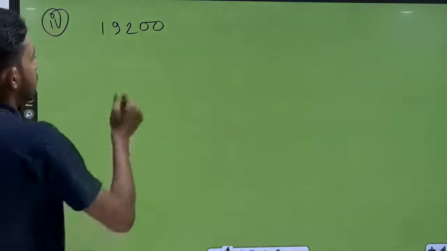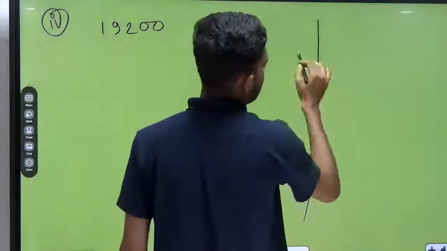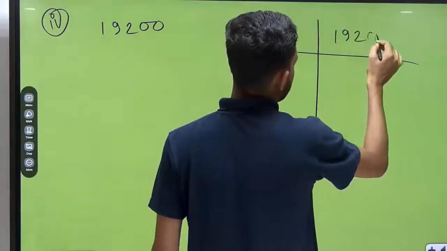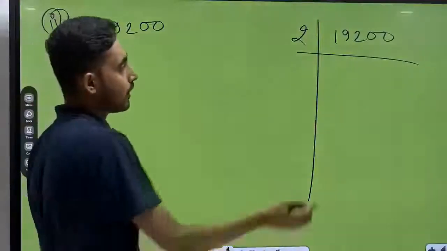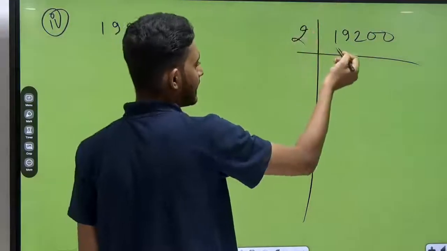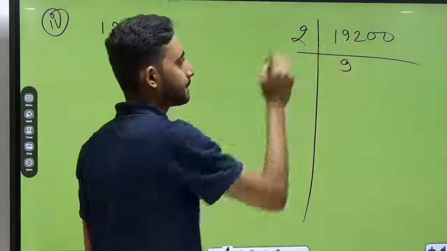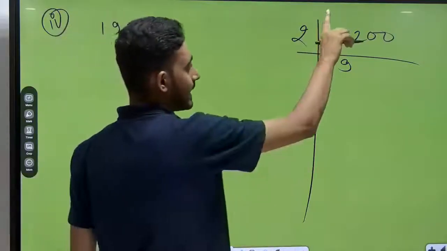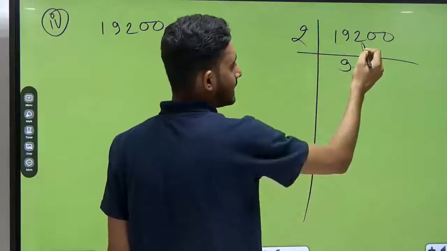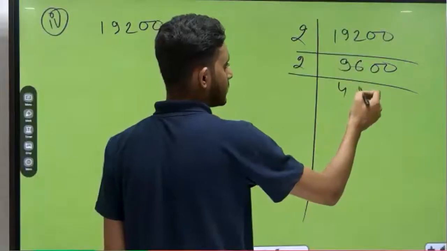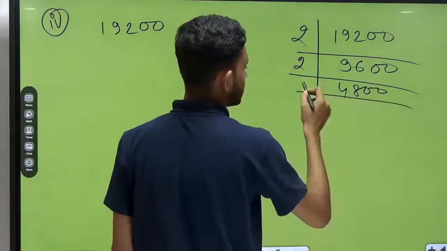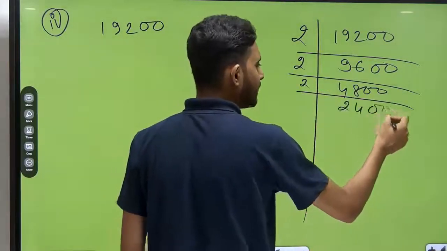Okay. So 19200. First of all, 19200, write down here. This is divisible by 2, obviously. Correct? Now 19200 divided by 2, that is, we can say 2 9 ja 18, 1 carry 12, 2 6 ja 12, and this 00 as it is. Okay? Now again divisible by 2, that is, we can say 2 4 ja 8, and 1 carry 16, 2 8 ja 16, this is 0 0. Next, this is 4800, simple, very simple division.